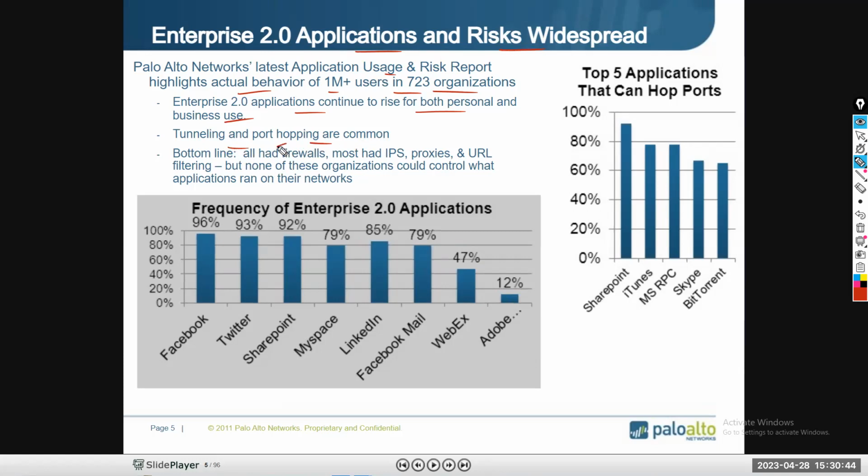Bottom line, all firewalls have IPS and proxy URL filtering, but none of these organizations could control what applications ran on their network. This is one of the best features they have come up with. Understood, guys?